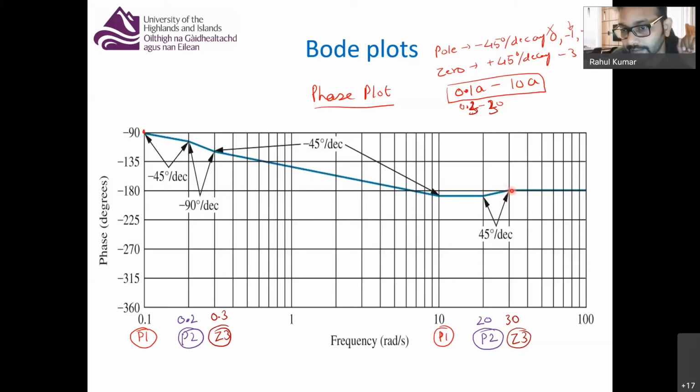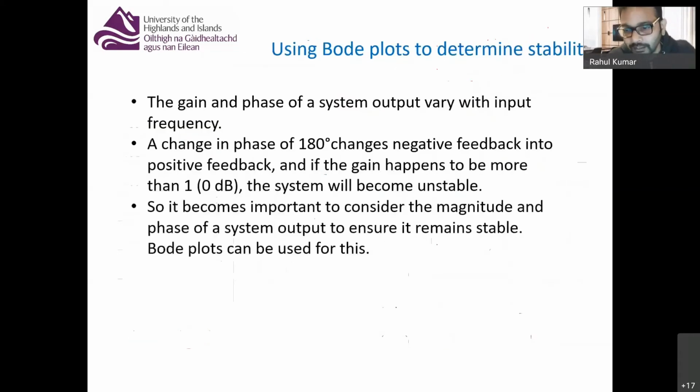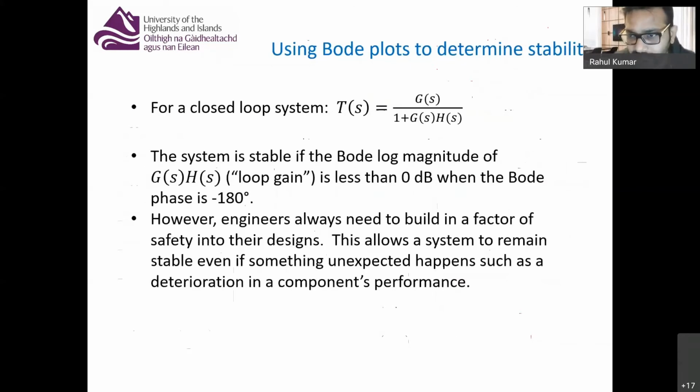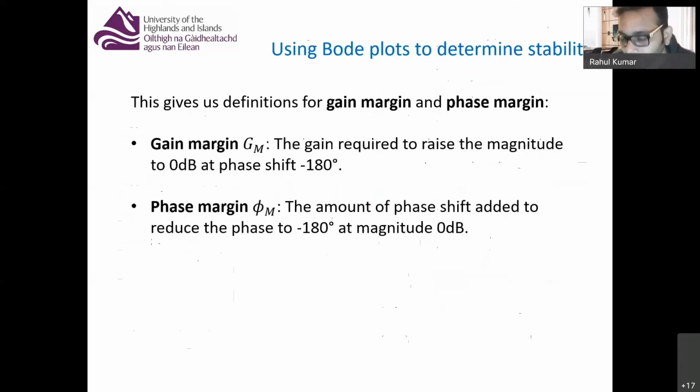So like that, the slope changes throughout because of the values of poles and zeros. Okay, so again you have to do a little bit of practice over here to understand and apply all the things, right? Now I'm going to skip this slide. This is the same thing I've mentioned in words. You can read it.